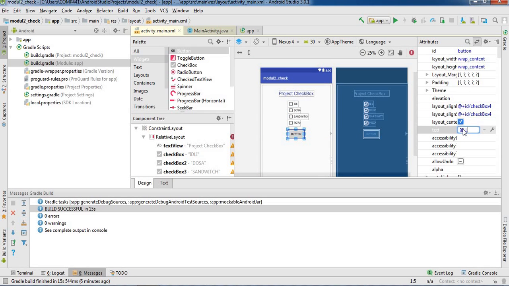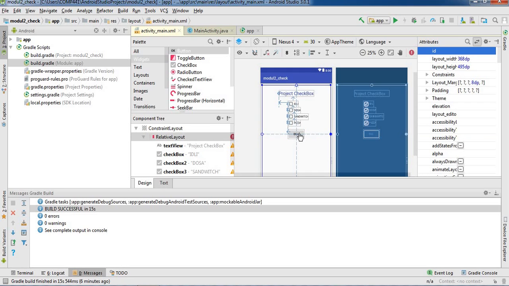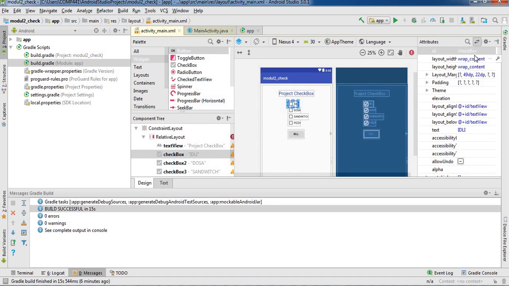After the checkboxes, when you click on this bill, automatically the bill is generated. But before the bill is generated, here in the code we are going to generate the user preferences, which means we have to store the wishes or the menu taken by the users. So this is the XML. We have to write the code, but before going to the code, we have to check these checkbox IDs.